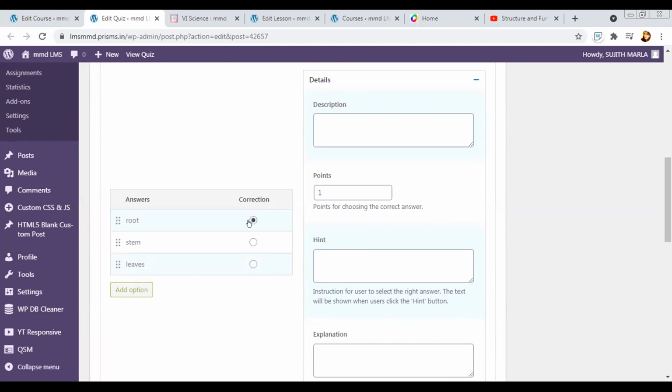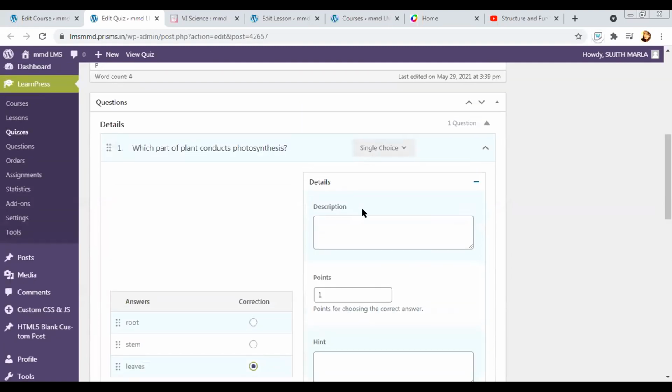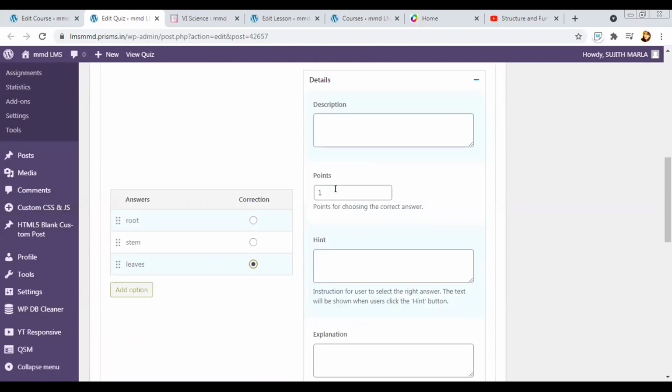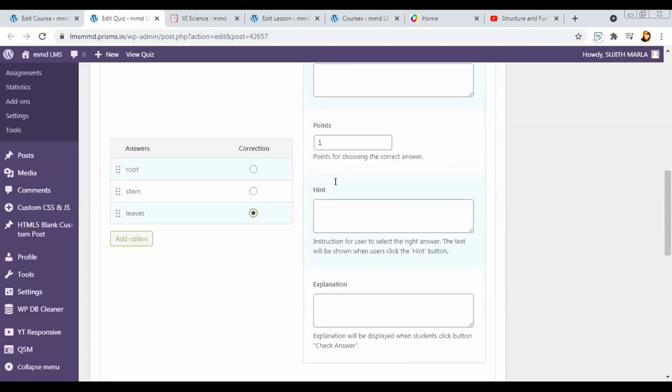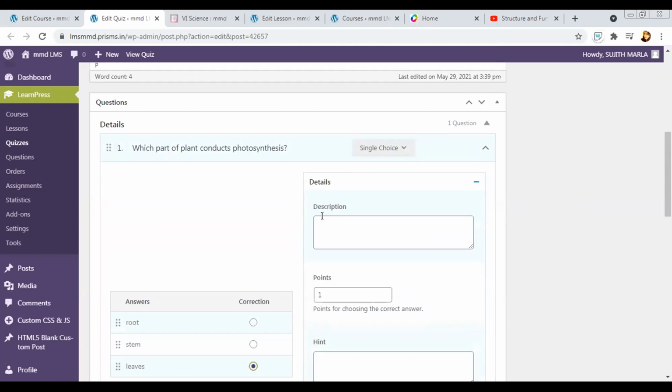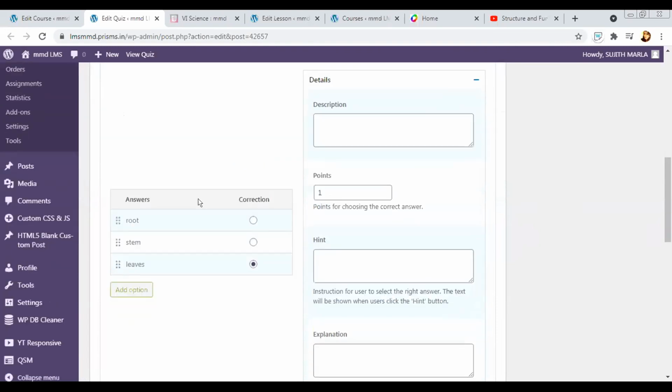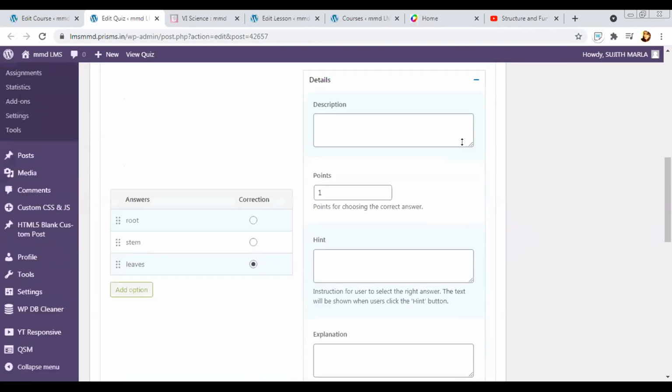You have to make sure that the dot is in front of the correct answer. You can also set how many points you want for answering correctly. By default it is 1, and you can add more. If you want to add an image or anything extra to this particular question, you can add an image along with the question. So this is how you can create an easy question and answers.